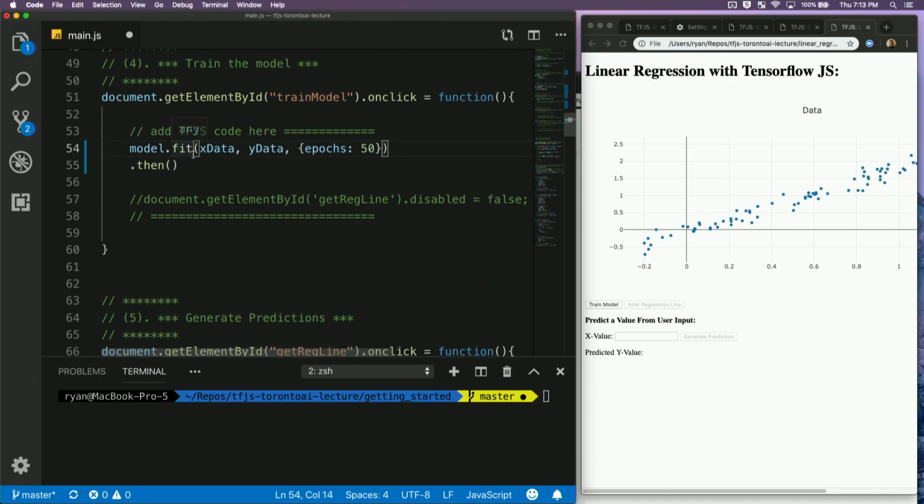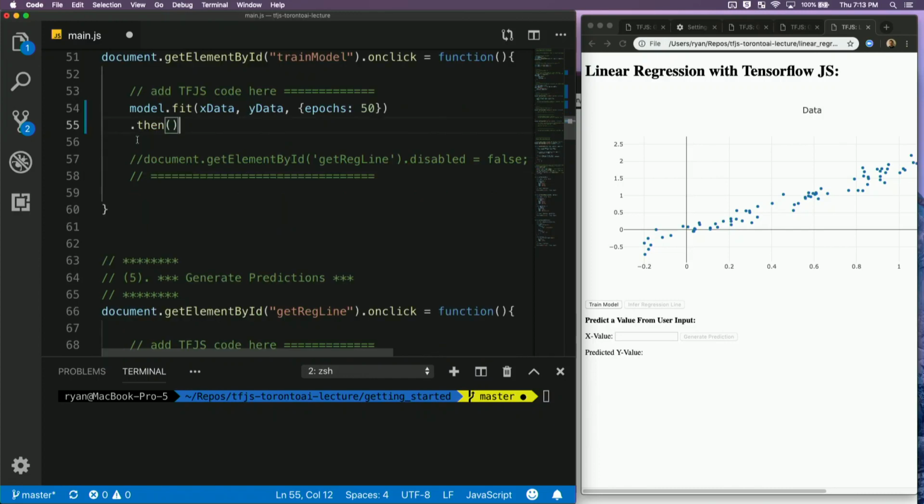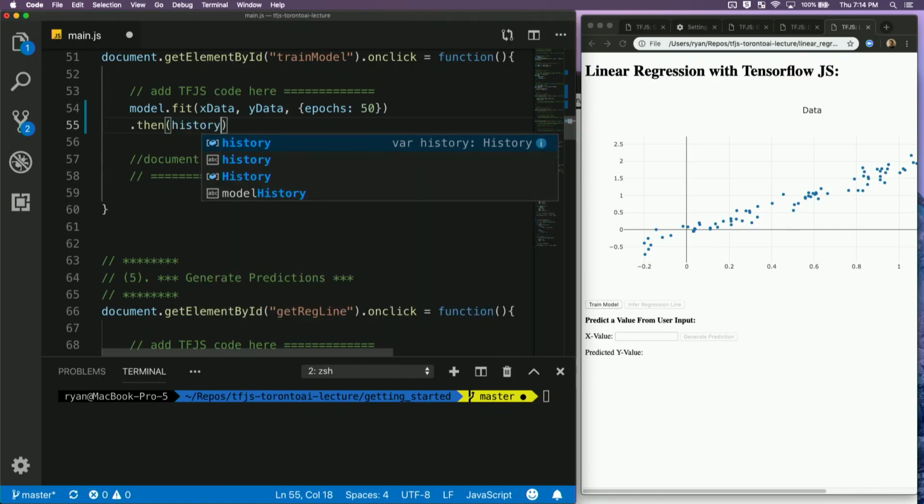We won't get into the details. What this is doing is returning something called a promise. There are also things called callbacks, but you can learn about that offline. What this returns is a history object that would contain data about the accuracy metrics as a function of training epoch.